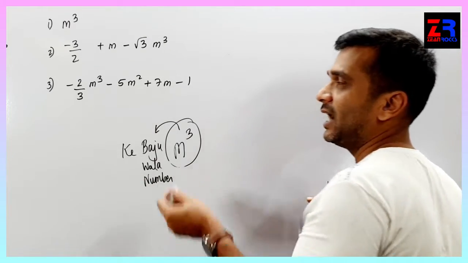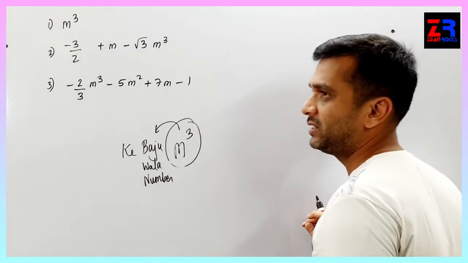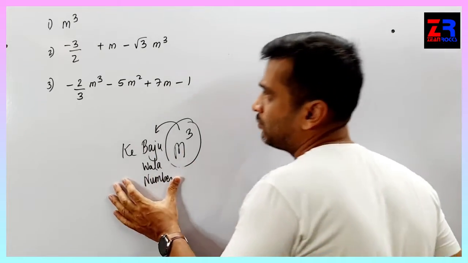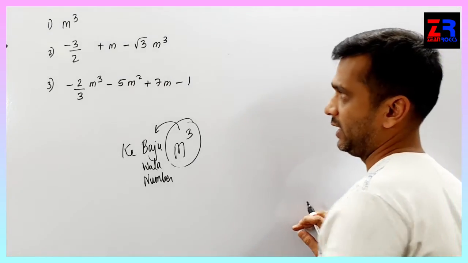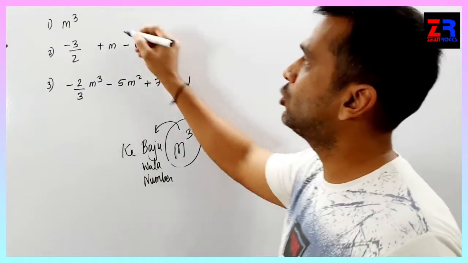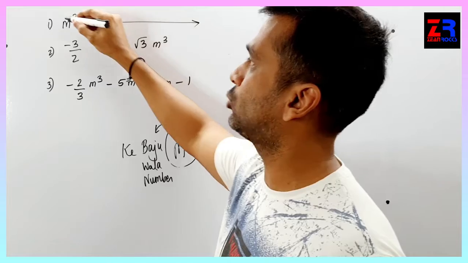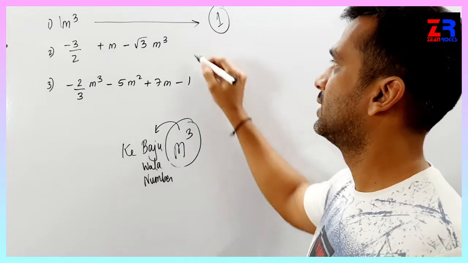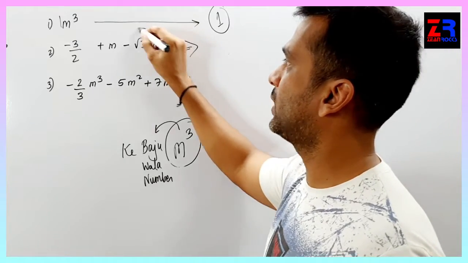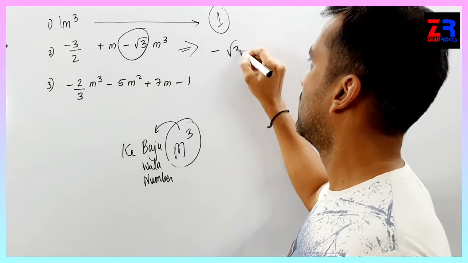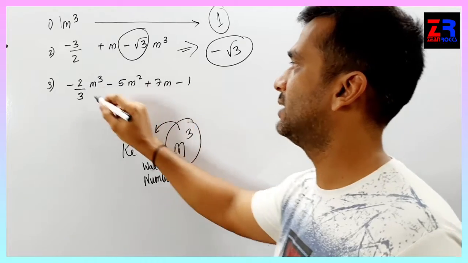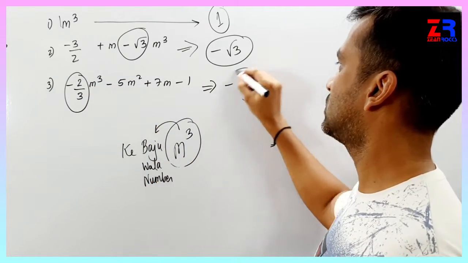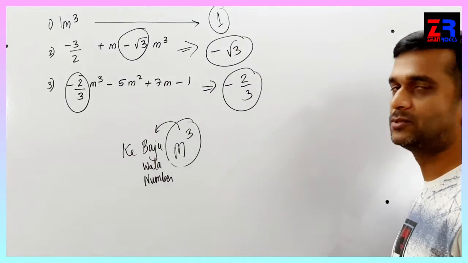Coefficient is a number which is associated with the variable. m cube के बाजू वाले नंबर को coefficient of m cube बोलेंगे। पहले क्वेश्चन में m cube के बाजू में कुछ नहीं है तो सब कम वाले एक। फर्स्ट आंसर इज 1। सेकेंड आंसर m cube के बाजू में कौन सा नंबर है? -√3। थर्ड आंसर m cube के बाजू में कौन सा नंबर है? -2/3।